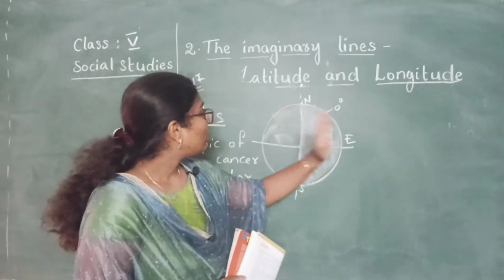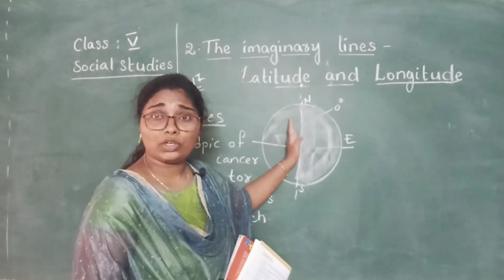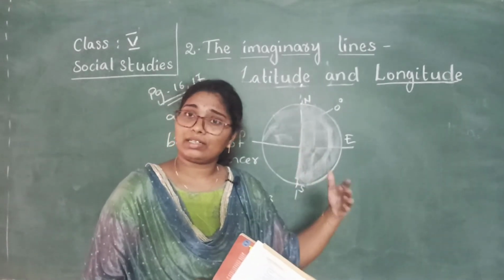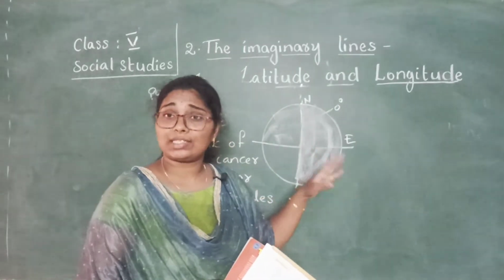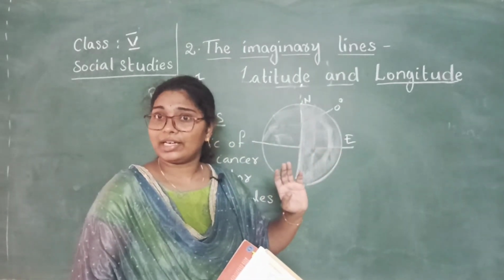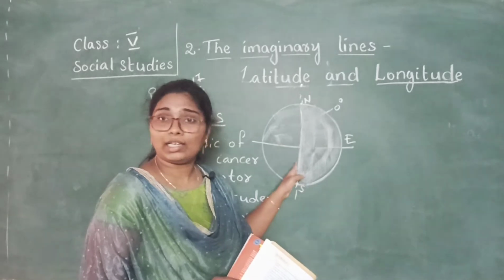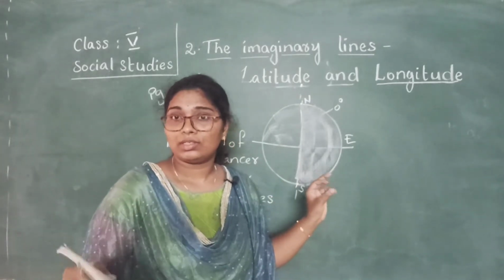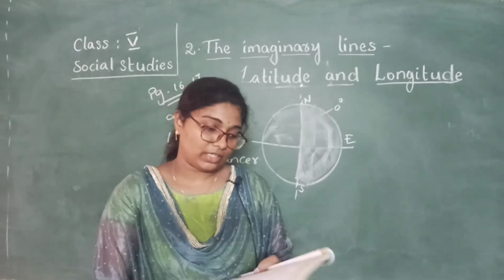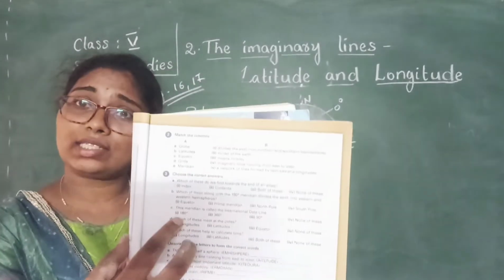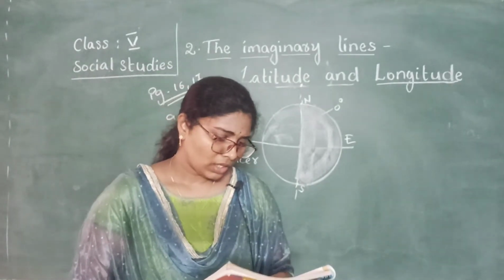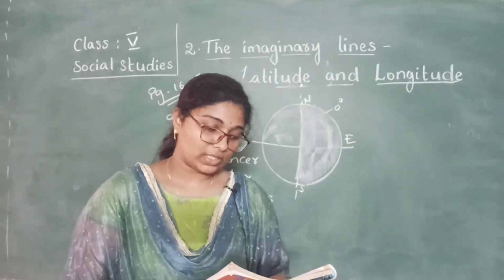Next, this meridian is called international dateline. As we move in the exact opposite direction to the 0 degrees, there is a longitude. So we cannot call that longitude as either east or west. Right. So what is that? It is 180-degree longitude. What is the name of that 180-degree longitude? International dateline. Right. So the first option, you can see this 180 degrees, right? Tick it.